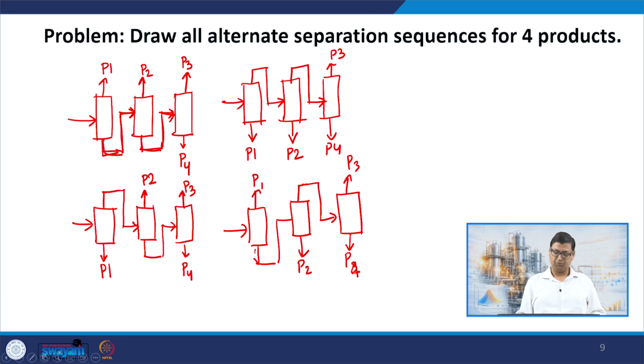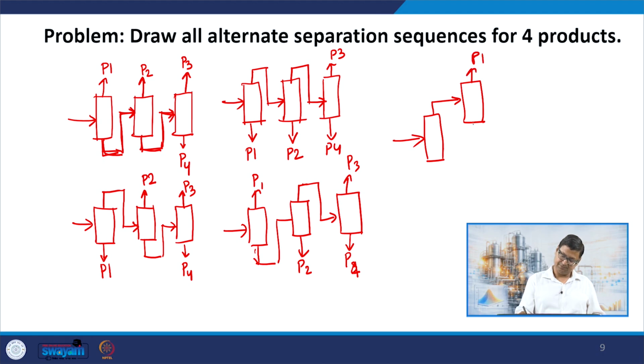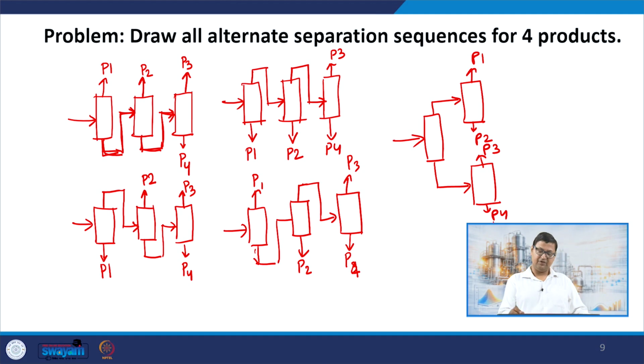Right? So now there are 4 possibilities that we have done. There is also a 5th possibility where the first column does not give any final product. Instead, the top product goes to one column and that gives 2 products, P1 and P2, and the bottom product of the first column goes to another column that gives me 2 products, P3 and P4, right? So now we have 4 products and there are 5 sequences